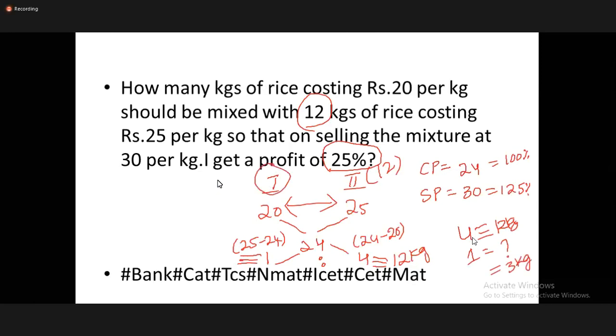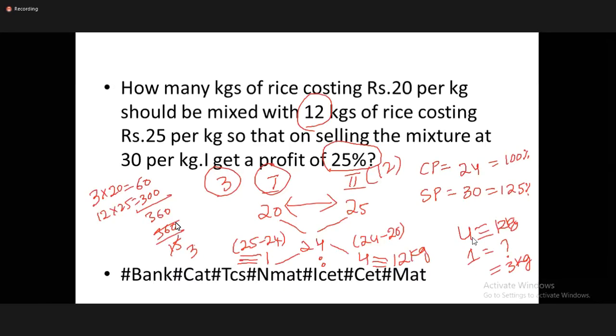So the first variety number of kgs is what? 3. మీకు కావాలంటే మనం చెక్ చేసుకుందాం ఇప్పుడు. ఓకేనా? ఫస్ట్ వెరైటీ 3. ఇప్పుడు 3 kgs 20 రూపీస్ ప్రైజ్. మొత్తం ఎంత రా నా? 60. 12 kgs 25 రూపీస్ ప్రైజ్. 300. What is the total, Nana? 360. 360 divided by 15. If you are getting 24, your answer is right.